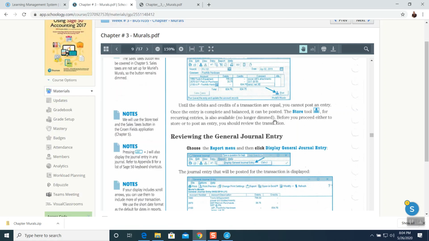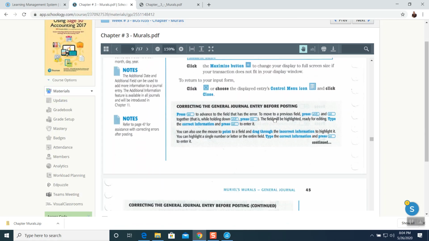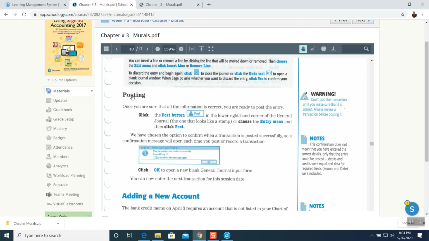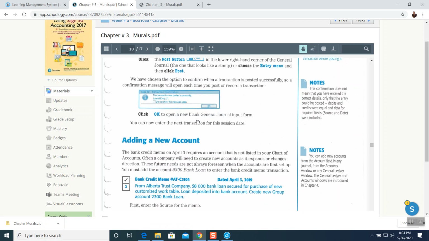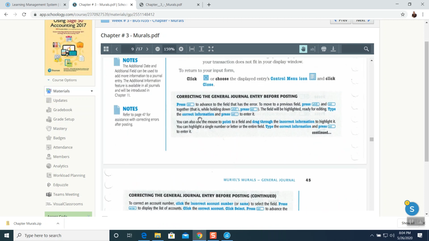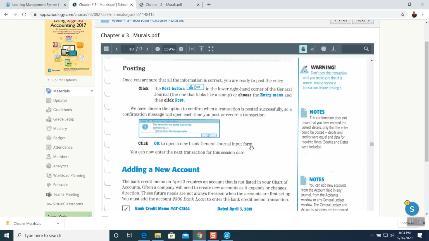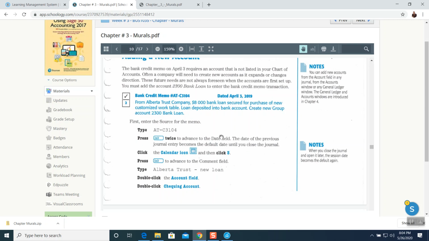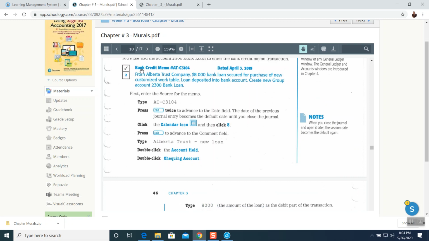Now, next one is I did the reporting and it says post. I did the posting as well. Now, in here on page numbers are right here. Page number 45. What is the next question? Next question is bank credit memo